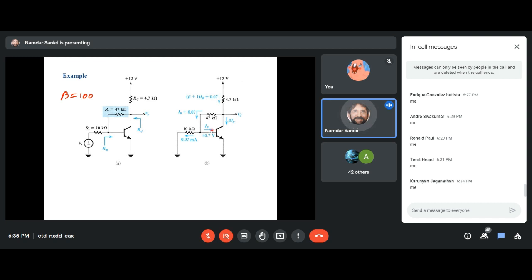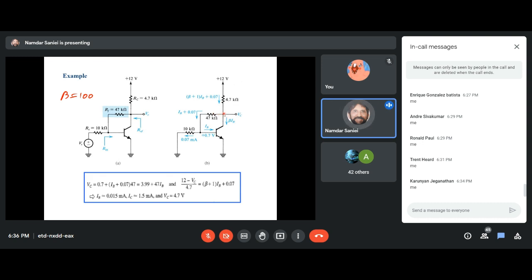Now, I base goes into the base. This current, which comes here at this node, must bring I base, and that 0.07 milliamp. And at this node, we also have beta IB, the collector current, going down through the collector, right? And KCL at this node gives us a summation of the two currents. These two currents go through this 4.7K and drop a DC voltage across it. So,